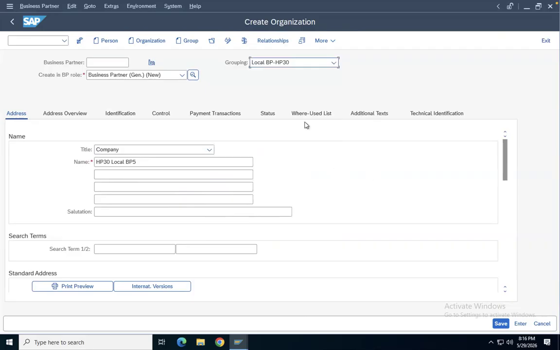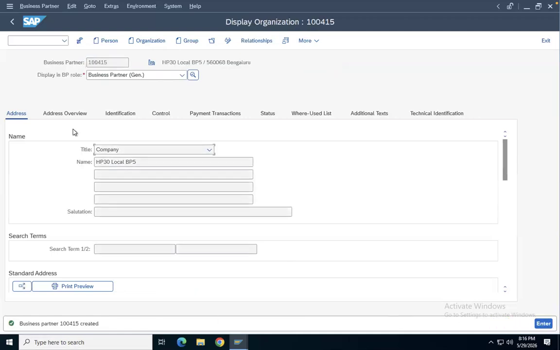Okay, so after giving this, you will do this, and this is error free. You can save it. So we'll get some 415. Okay, this BP we got. Now we have to create